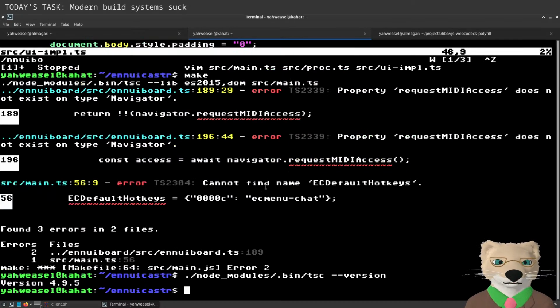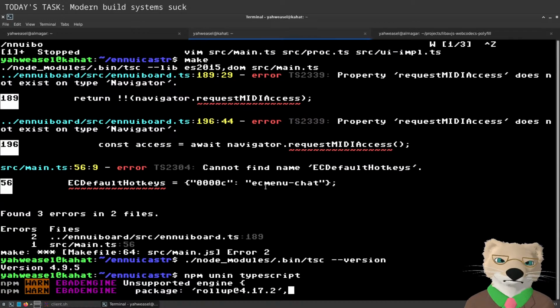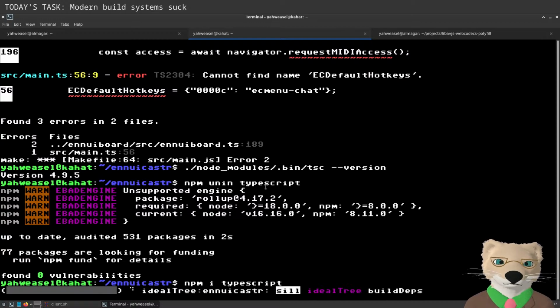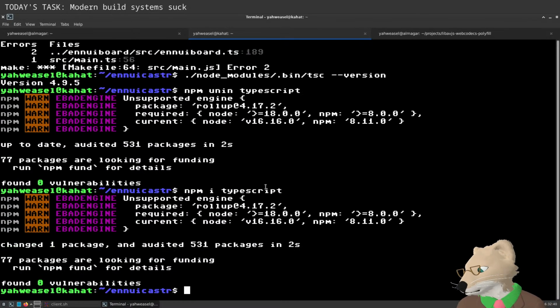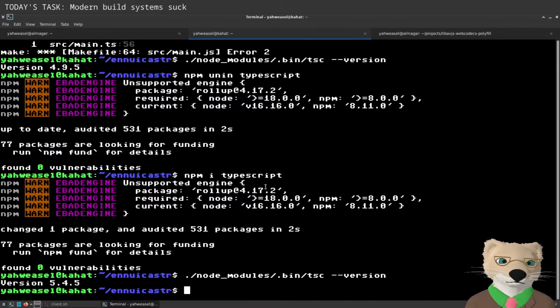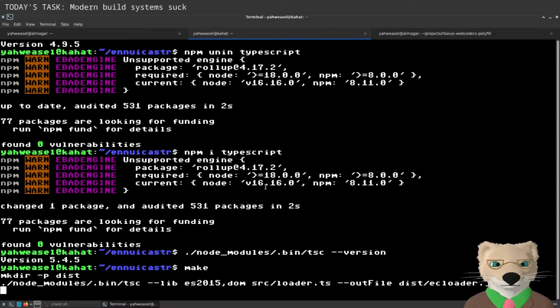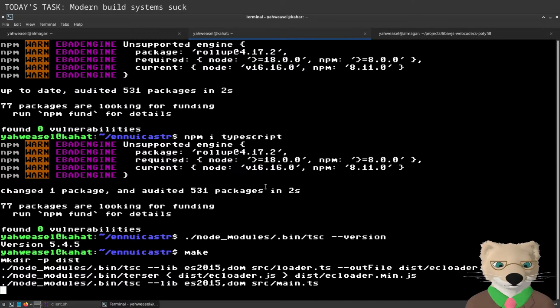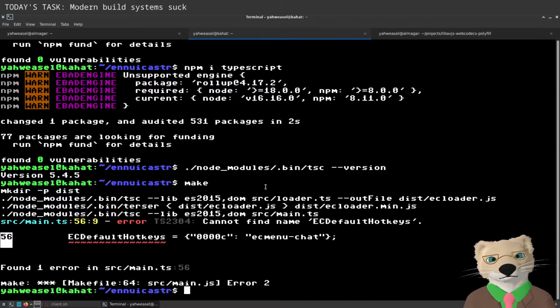That's a majorly spicy TypeScript. Okay, hopefully with a newer TypeScript, it will not complain in that particular way. There we go.